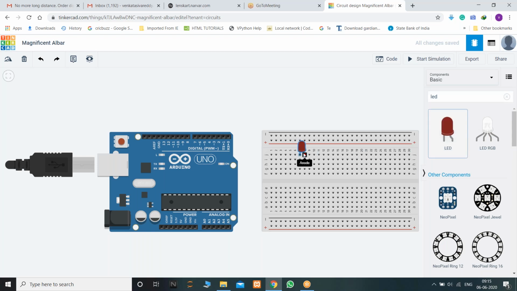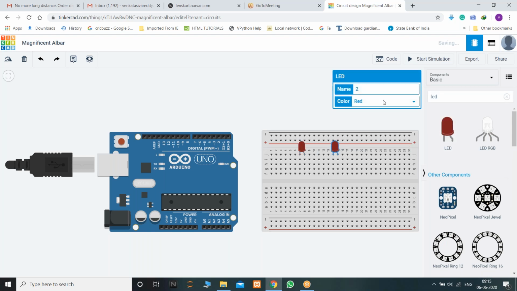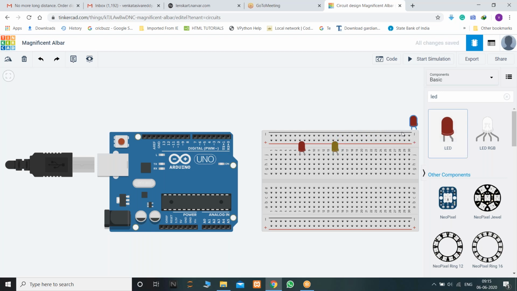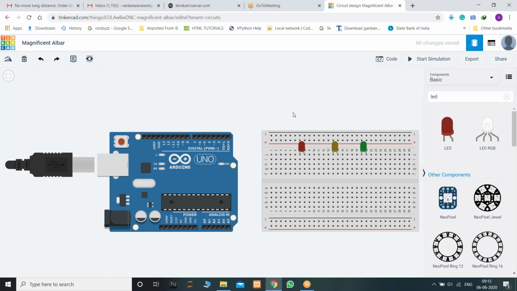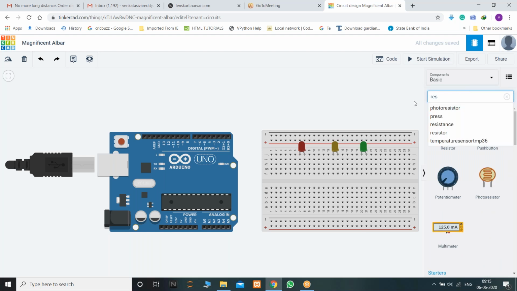LED 1 is red in color, LED 2 is yellow in color, and LED 3 is green in color. So let us connect the resistors. The first resistor for green and the second resistor for yellow.